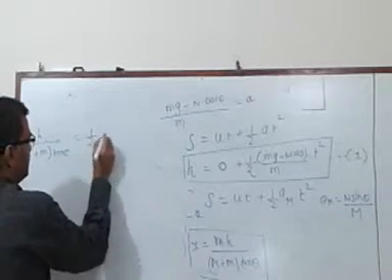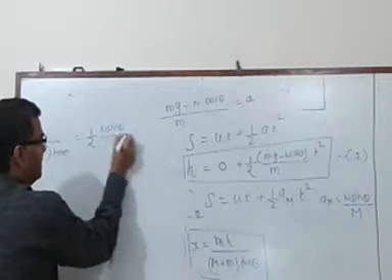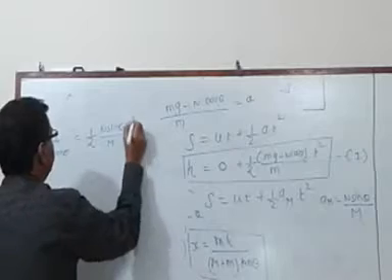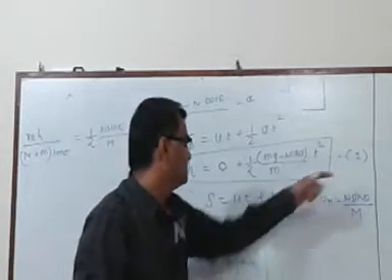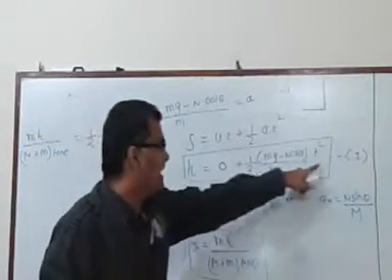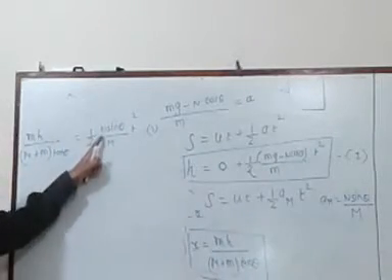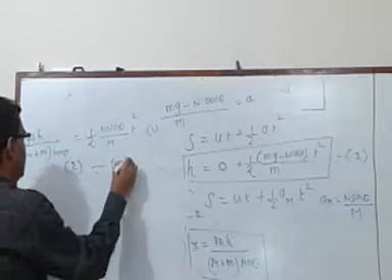So half, what is a_M? N sin theta upon M into t square. This is equation number 2. This is equation number 1. If I divide these two equations, t square will cancel, and I will be able to get the value of N sin theta. So let me do 2 upon 1.